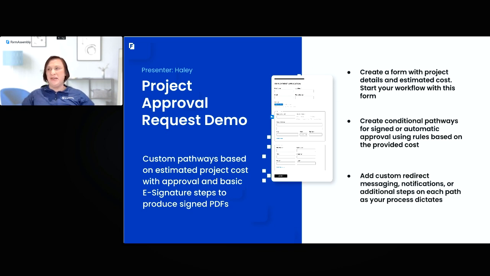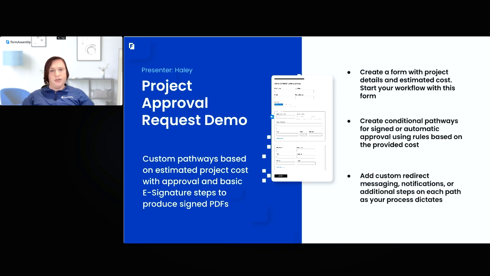But yeah, I'll take it a step further with this next use case to put some of that in practice with a project approval example use case. It's going to use some of the concepts that Lindsay had shown, such as conditionals, to route your respondents down certain paths based off of a field in your form and the rule that you set. But I'm going to show a path that takes you down an approval step. So you can assign an approval to a certain person in your account to approve over a certain cost of the project. And then I'm also going to show, as Lindsay alluded to,